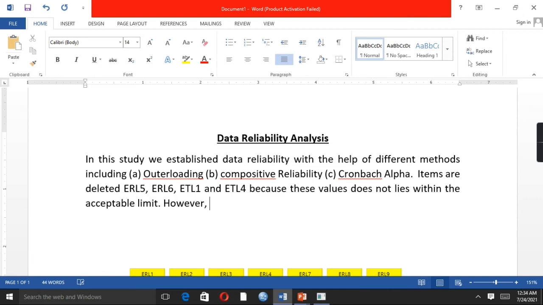However, other items establish data reliability.